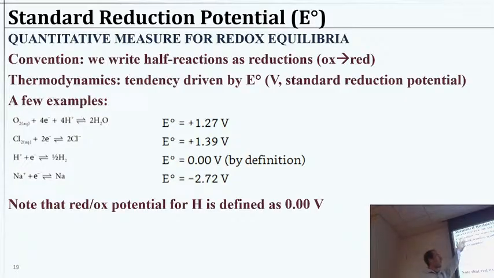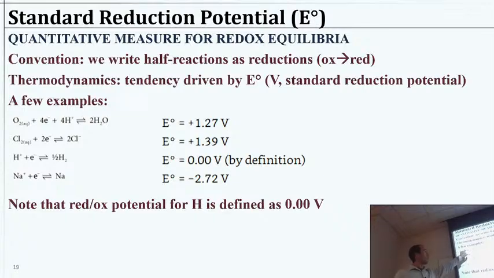The convention will come back and be a little bit interesting as we develop our Ks in a minute. So, in terms of thermodynamics, the tendency of some reaction is driven by our standard electrical potential, E naught. We describe that in volts typically, so a few examples would be